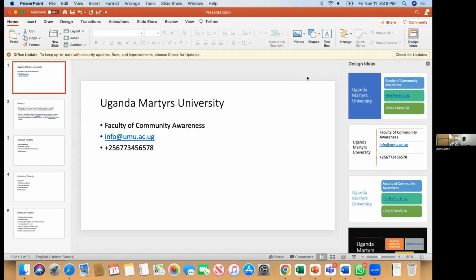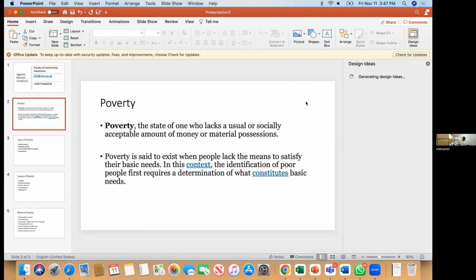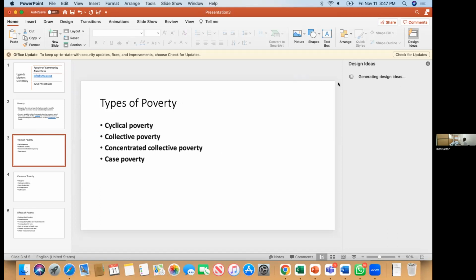Now these automatic designs depend on which version of the application you are using. For example, like I can use this for my definition slide. The one I'm using is for Apple, and it is Office 365.